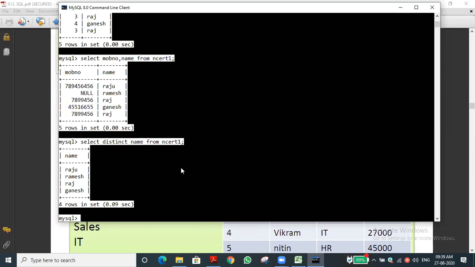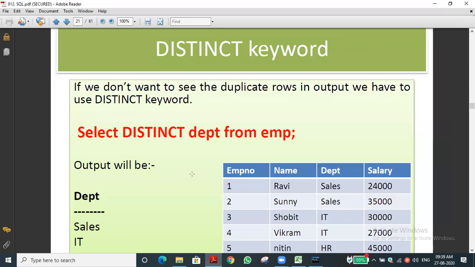How many departments are there in your office? Likewise, if anybody asks, we can use this command: select distinct. Distinct means it will show only the unique data from the column, the particular column which we mention. For example, if we want the name also to be unique, it is very simple: distinct department, comma, distinct name. Likewise, we can give it, not an issue.